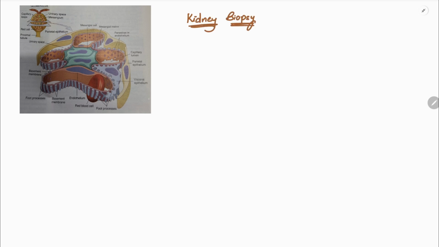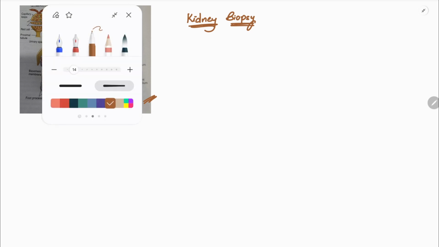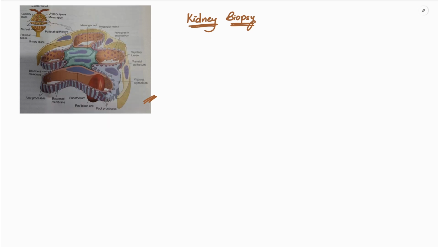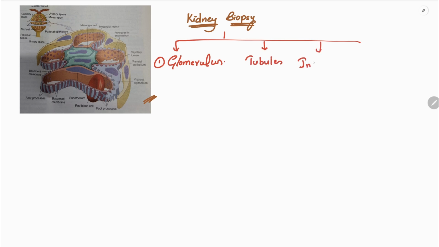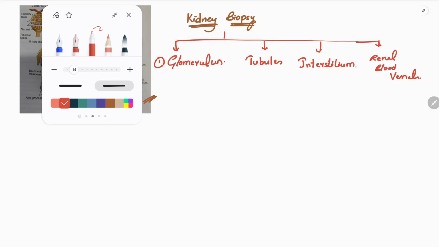This is the image that I extracted from the Robbins. Now let's discuss it. These are the structures that are present in the nephron. Nephron is the structural and functional unit of the kidney. First one is the glomerulus. Next one is tubules. Then interstitium. The last one is renal blood vessels. For example,